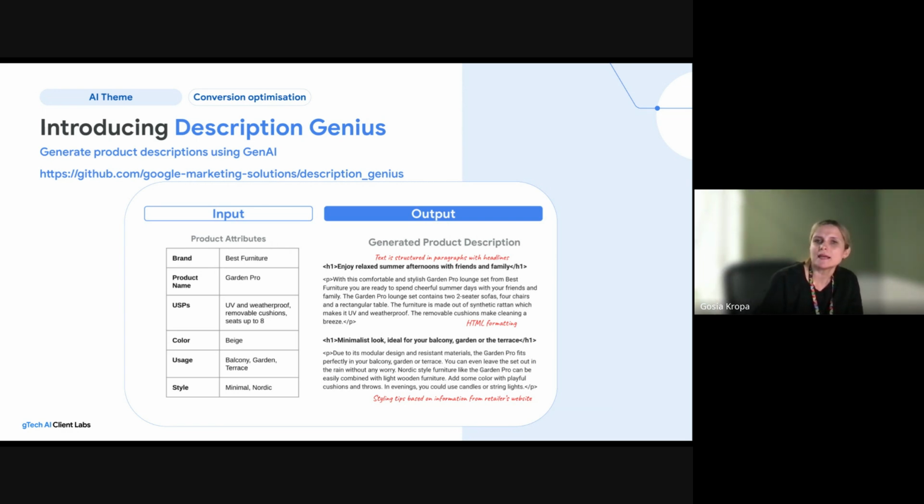Of course, styling and HTML formatting need to apply for website usage, but your starting point is no longer a list of product attributes, which you can see on the left here, but an AI-generated description that you can review as a human to make sure there's no hallucination in there.